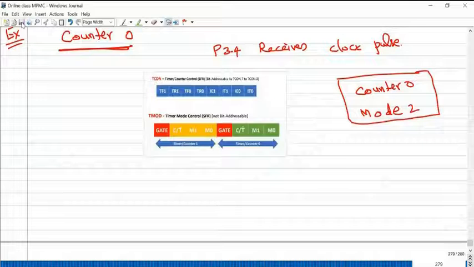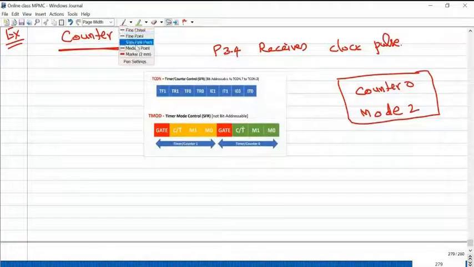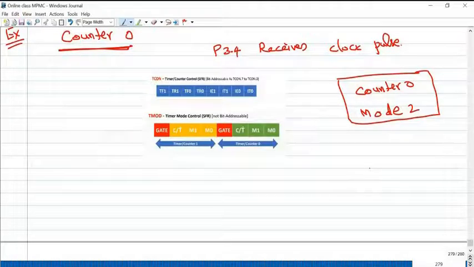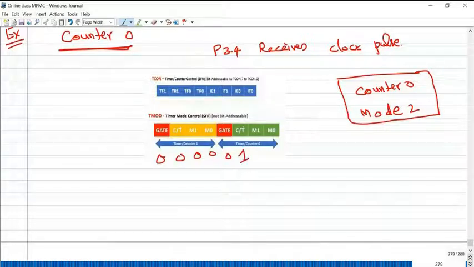We are not utilizing timer 1, so not external hardware control. Counter meaning this bit should be 1. Mode 2: 0 0 0 1 1 0.